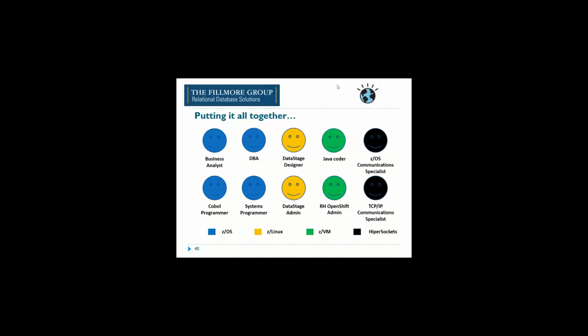Some people may find this a little cheesy or a dodge, but I thought about it a lot. And the biggest challenge, I think, is communications. I have these 10 smiley faces up here, all the different roles that may be included in a project like the one that I collaborated on with Clark and Andrew Austin. We need people who are familiar with components on Db2 for z/OS, whether they're a Db2 for z/OS DBA, a COBOL programmer, a business analyst, folks that are DataStage administrators or developers on zVM, aka Red Hat OpenShift, Java coders, and a Red Hat OpenShift admin,